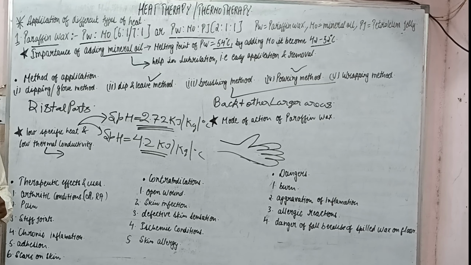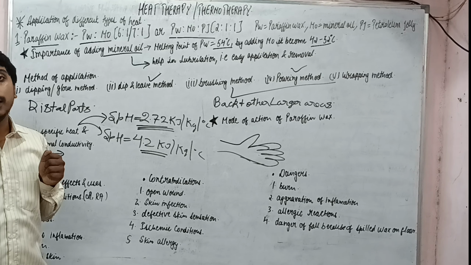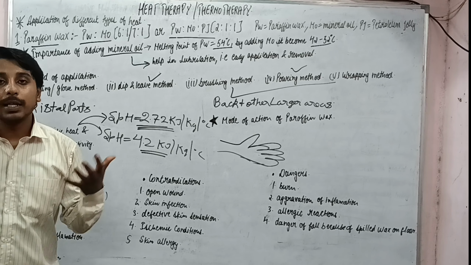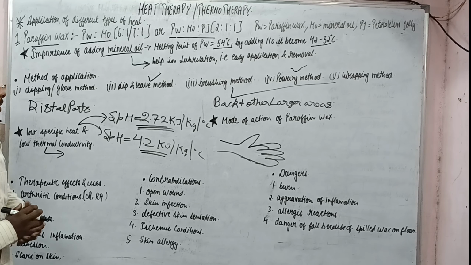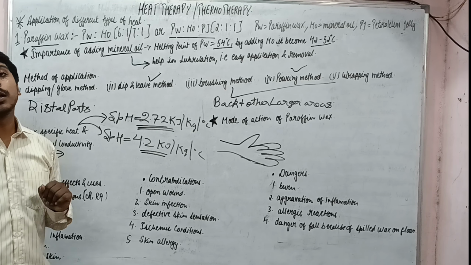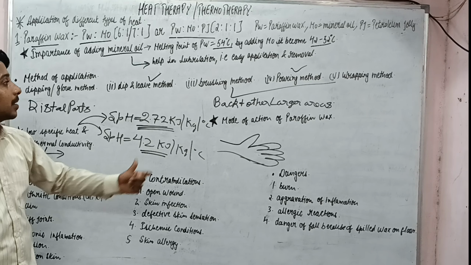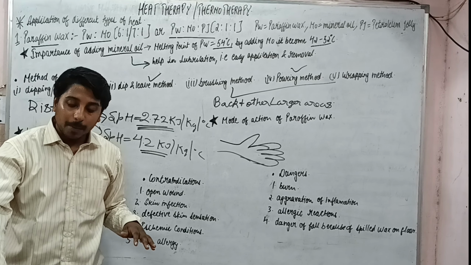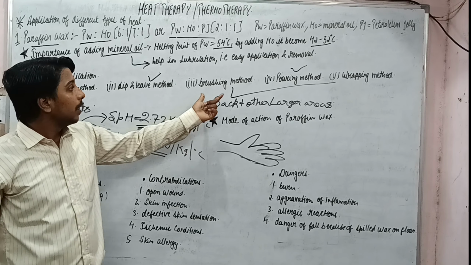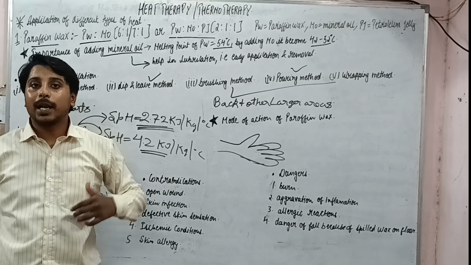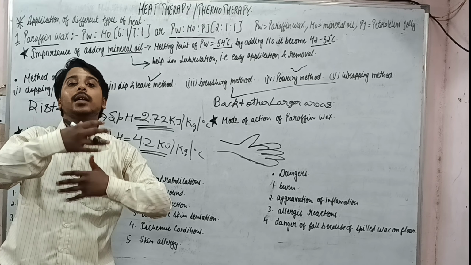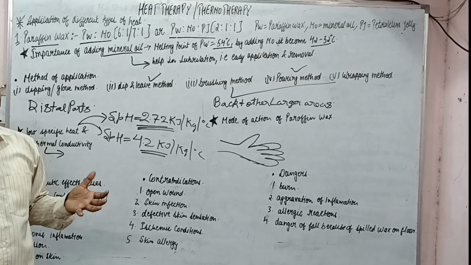Next are the different methods: dip and leave, dip, leave, dip, leave. Repeat it 6 to 12 times until a 3 to 4 mm layer is achieved. Then the dip and leave method: we will just dip and leave the part into the wax. Next is the brushing method. We will dip the brush into wax and brush it on the body part. And the pouring and wrapping method. After all these methods of application, we will wrap a plastic cover, then wrap a towel to maintain the